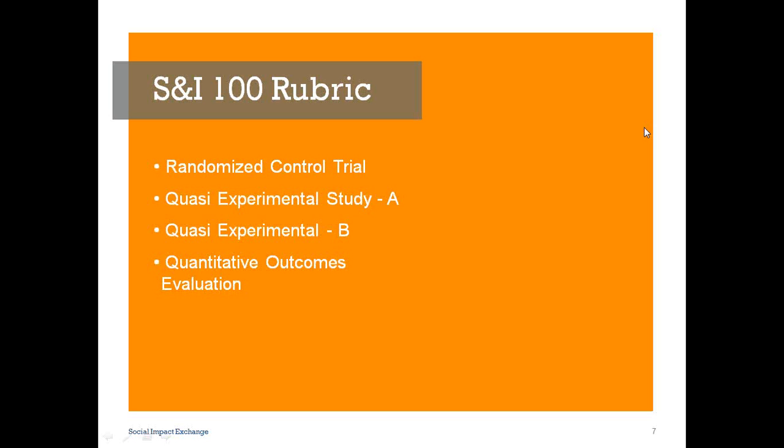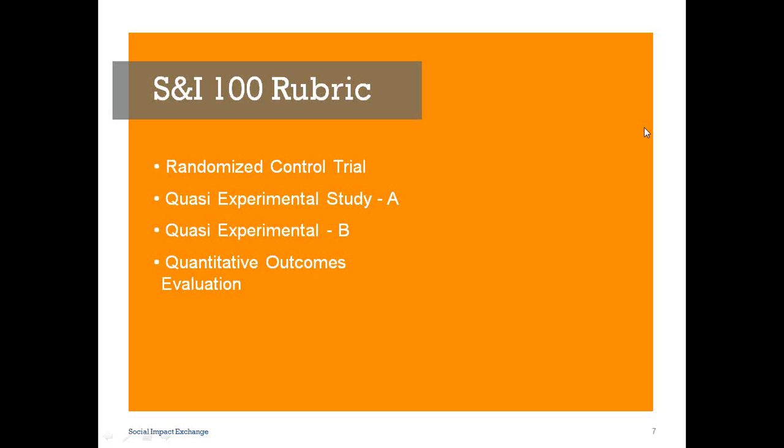Suppose that 1,000 women are randomly sorted into control and treatment groups for a study on a new drug that is thought to reduce the incidence of breast cancer. Even though the process of randomization should, in theory, result in both groups being equal in terms of the average age of the women, their racial and ethnic composition, their family history of breast cancer, and other known predictors of breast cancer, suppose that in reality the groups actually turn out to be unbalanced on these items. If this occurs, then the resulting form of causality that emerges from the randomized control trial will simply not be as strong as if the groups had been truly balanced. And this is an important theme that underscores the three other types of evaluation that I'll now be discussing.